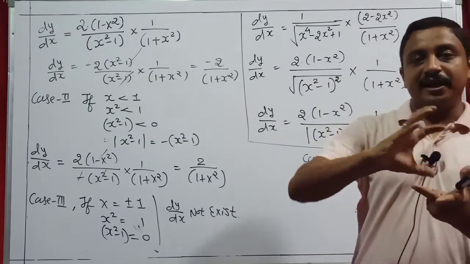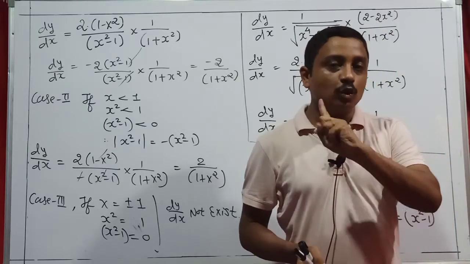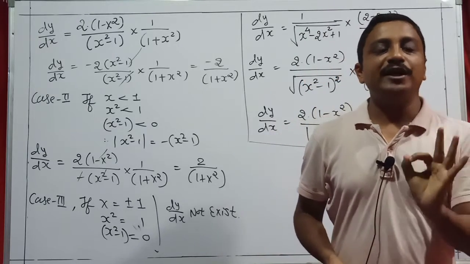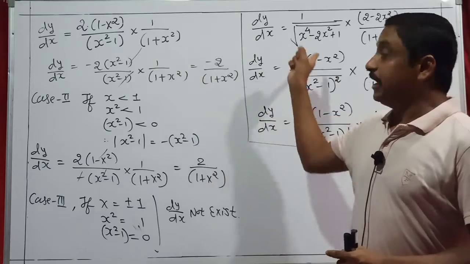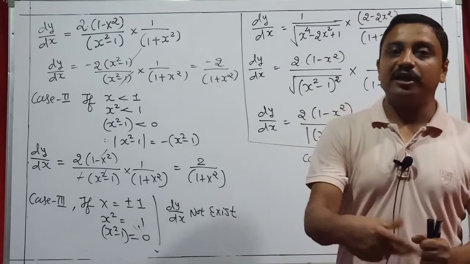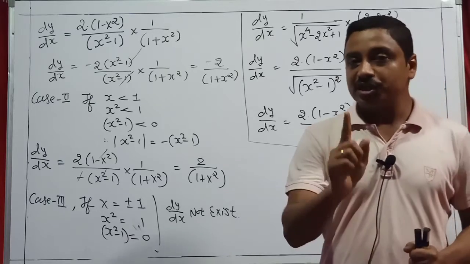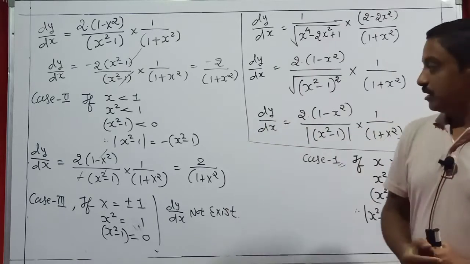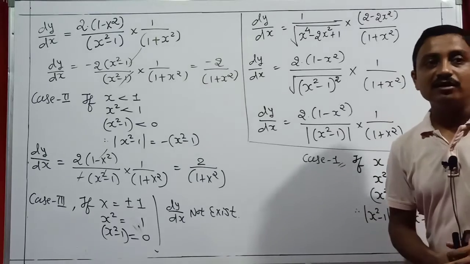So students, this numerical is a 3 marks question. First of all, take the direct derivative because there is no condition given. If no condition is given, then apply the derivative directly. But if a condition is given, then apply it case wise. So the next numerical coming will be according to case wise. Yes students, this little question is done for 3 marks.